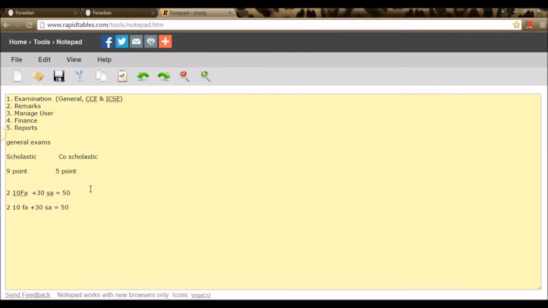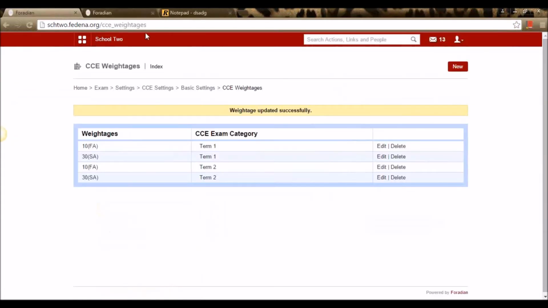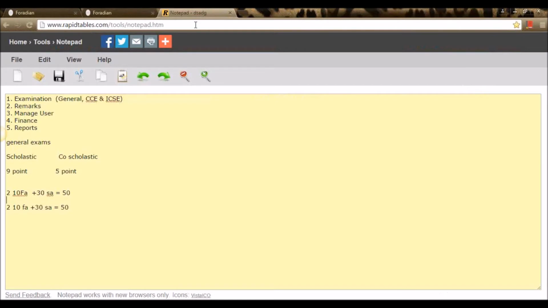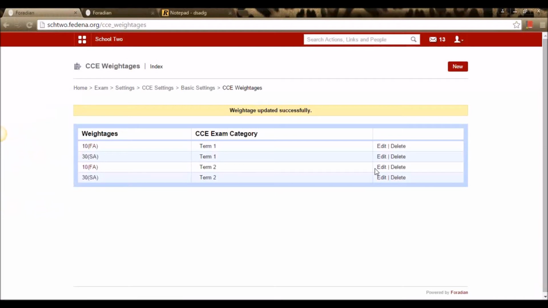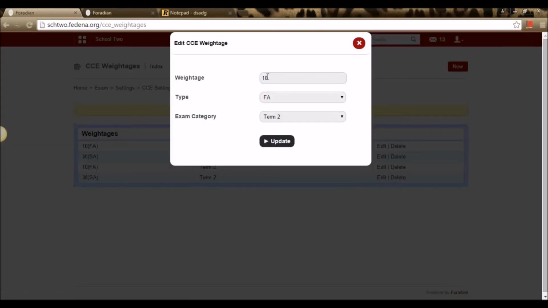So this is over. We need not create 2 FAs, only 1 FA. The other one gets automatically created. So for term 2, we are creating 1 FA with a weightage of 10 and another essay with a weightage of 30 for term 2.